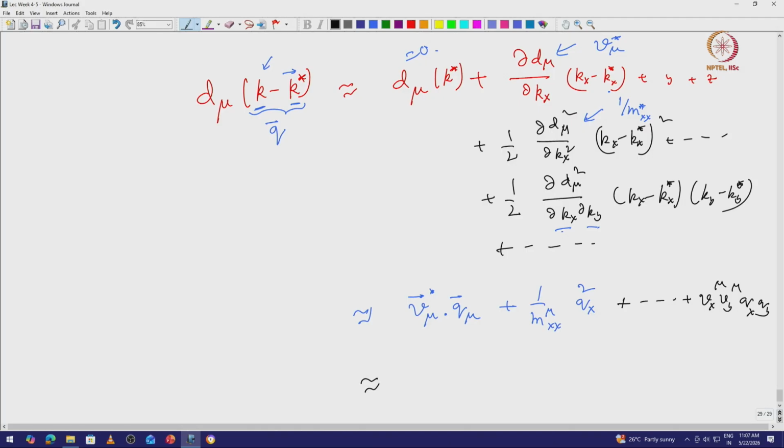Okay. So, what we do is that we just use simpler notation, and let us call it Vx kx, and often we will use some notation, let us call it alpha (kx square plus ky square plus kz square), and you can also have, let us say, beta kx ky and so on. So, now